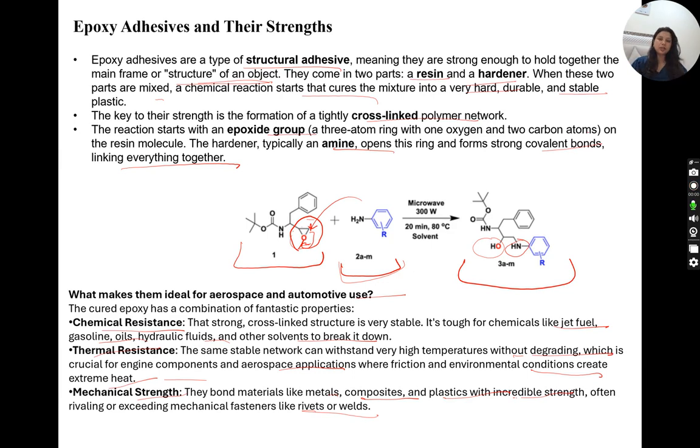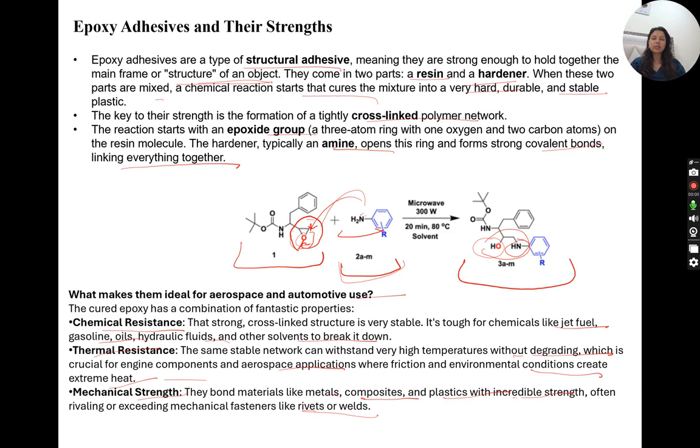If anybody wants to see the reaction, I guess the reaction is also very simple. You can see the NH2 and the lone pair of N reacts at the center because of the oxygen. This center becomes very reactive, and that's how the ring opens, and this kind of bond can be formed.